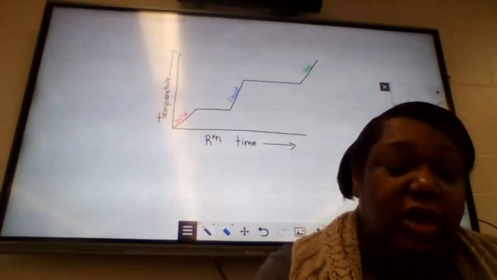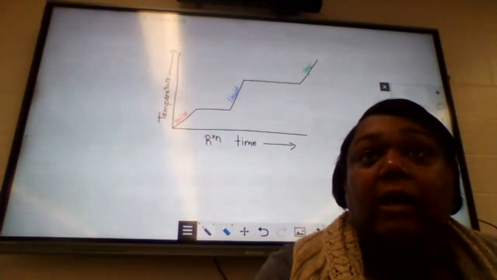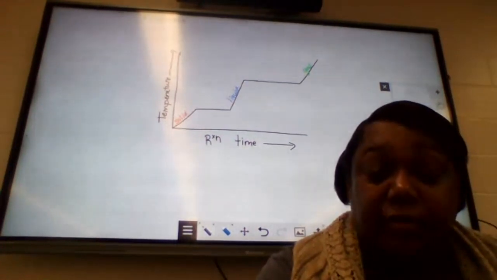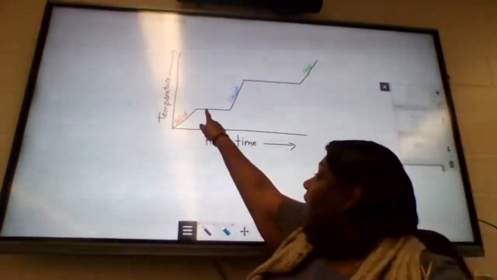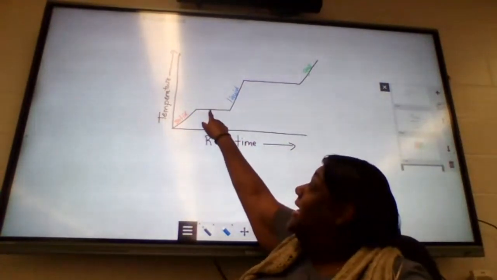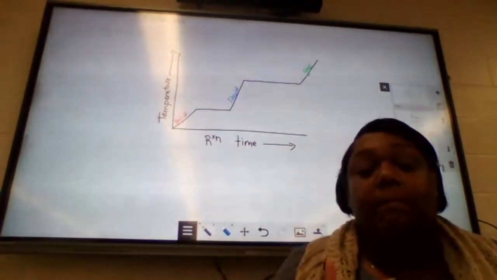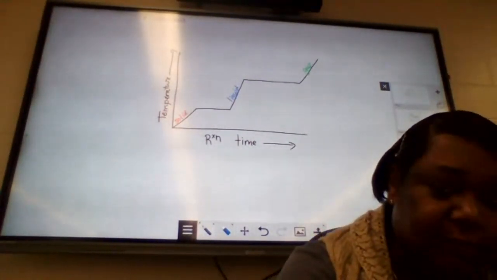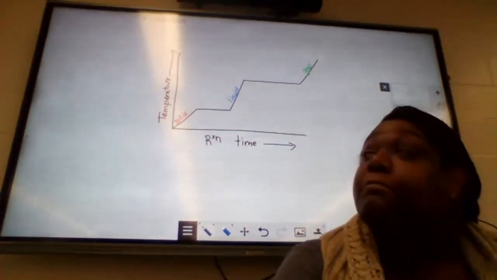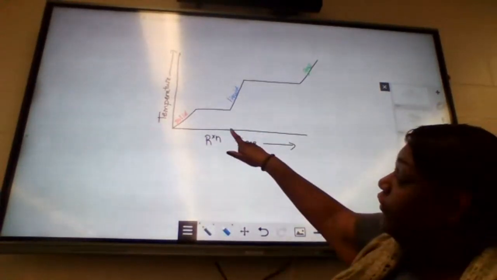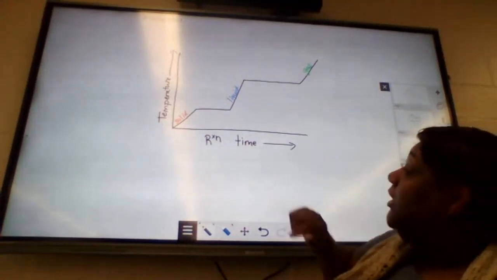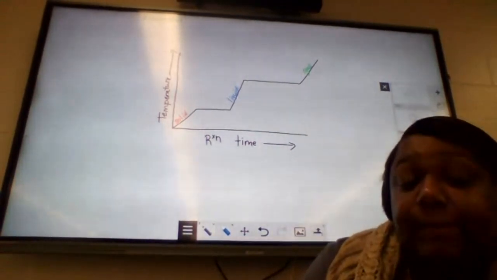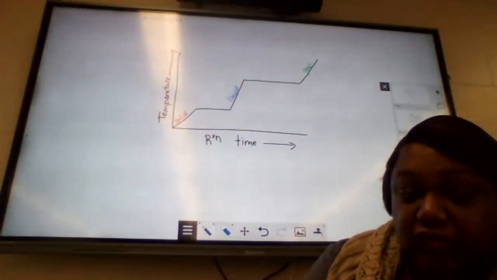What you need to understand is that anytime you get to an area where you're changing phase, you have to put in energy so that the material can break the bonds of attraction that are between the materials. And so that's why we've got these plateau places. Again, those places indicate where bonds are being broken so that I can go from one state to another state. Now, please also notice that there are 2 plateaus, one between solid and liquid and one between liquid and gas. What that means is at phase changes, the temperature does not change.